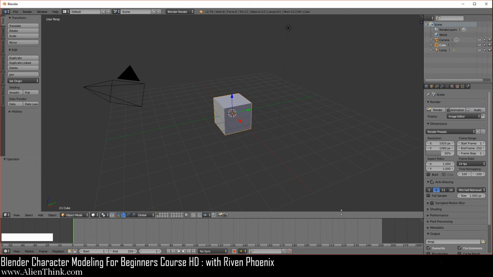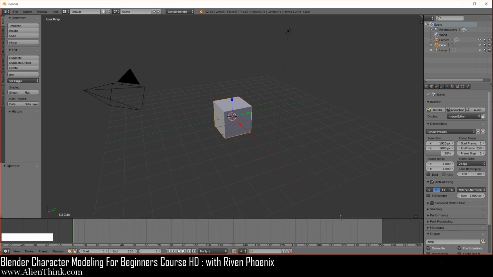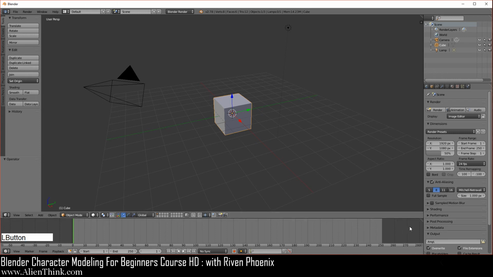But if I move my mouse over here where the header is, if I move it up, it's not going to do anything. But if I left click on this and move it down, see, I can collapse this header. Now in order to bring it back, all you have to do is look for this little plus sign, bring it up. You can do the same thing over here. See, I can collapse this over here. Now it's hard to see this, but if you click it, it'll come back up.